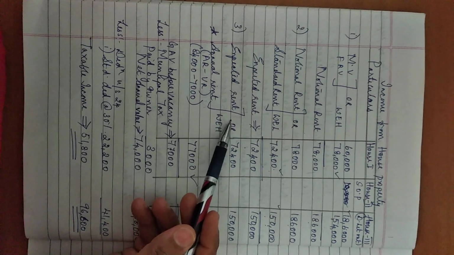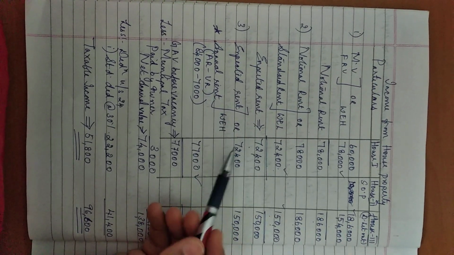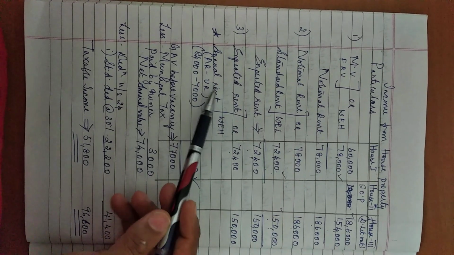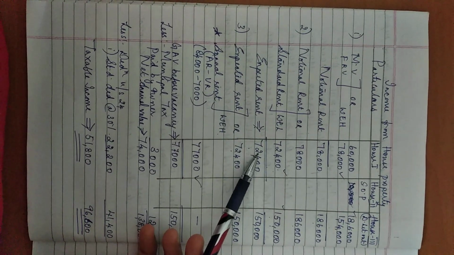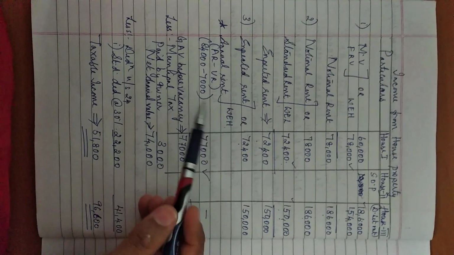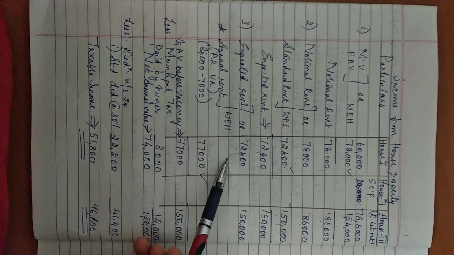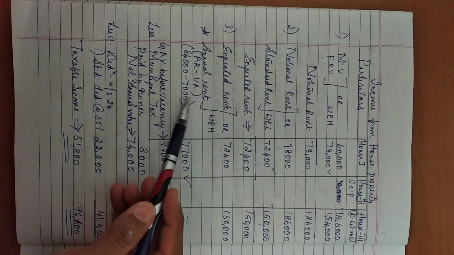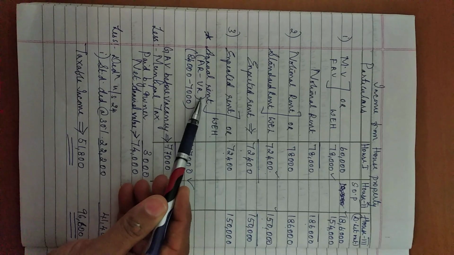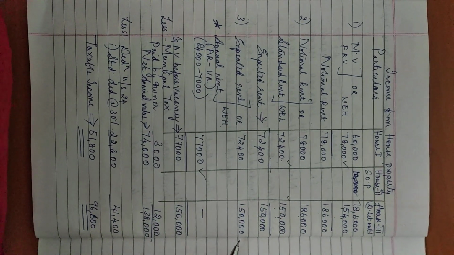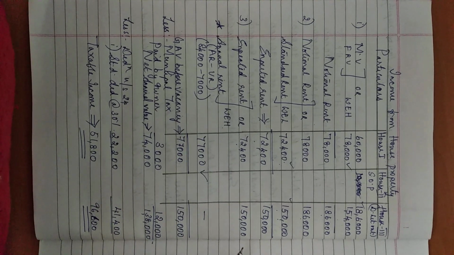Okay. Now third step here, because the first house annual rent is given, that is an adjustment here, that's why I put a star mark over here. Expected rent we already got from second step, 72,400 and 1,50,000. Now annual rent is only given for the first house in the question. But what is the adjustment, you will be thinking. In the question they have given us an unrealized rent. So whenever an unrealized rent is given, what are we supposed to do? That unrealized rent has to be deducted from the annual rent.